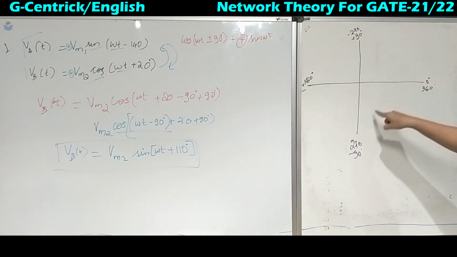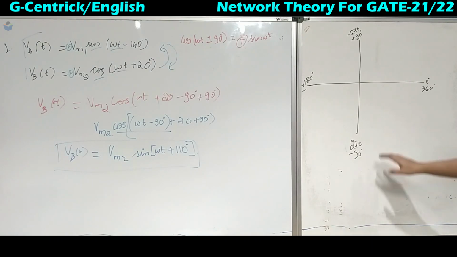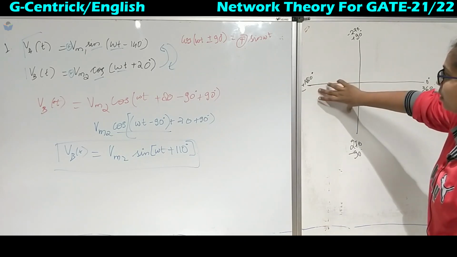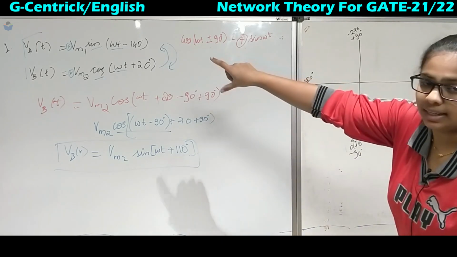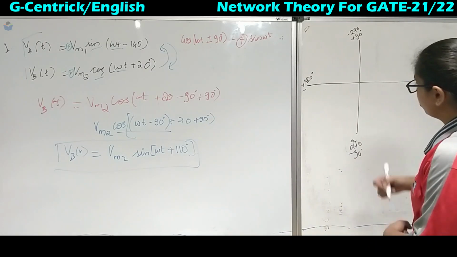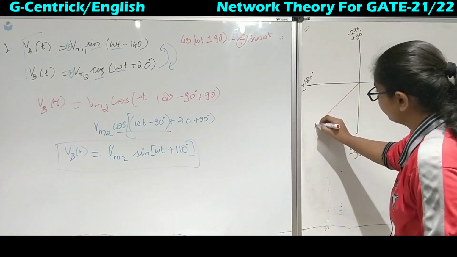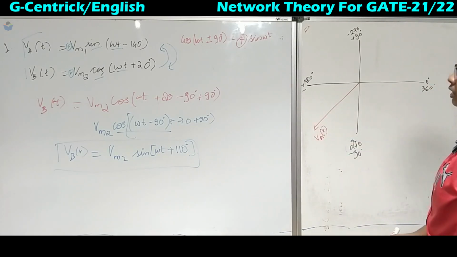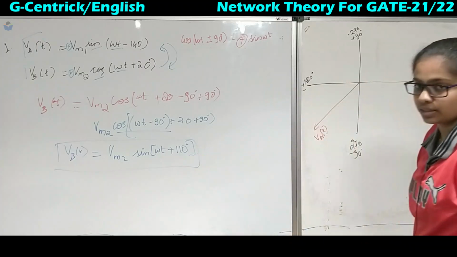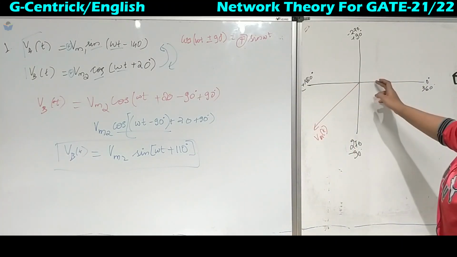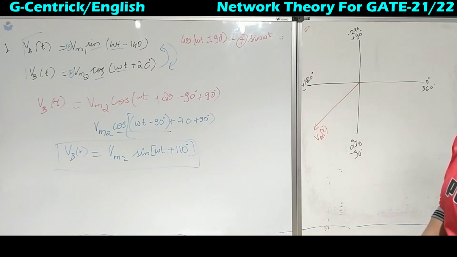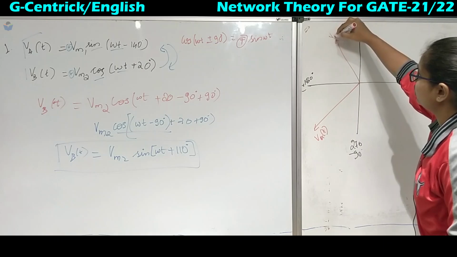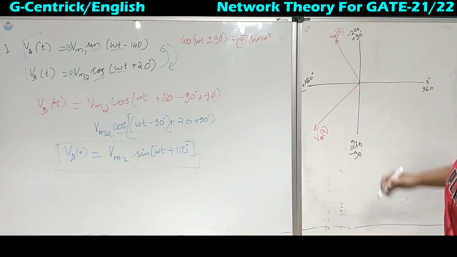If it's minus, then we have to move in the clockwise direction. So this is minus 90 and this is minus 180. So in between minus 90 and minus 180, that minus 140 should be present. It might be present here somewhere. Okay, so this is signal Va of t. Now for the second signal we have got plus 110 degrees. Plus means we are moving anti-clockwise. So this is 90, and somewhere here we have got the Vb of t signal.